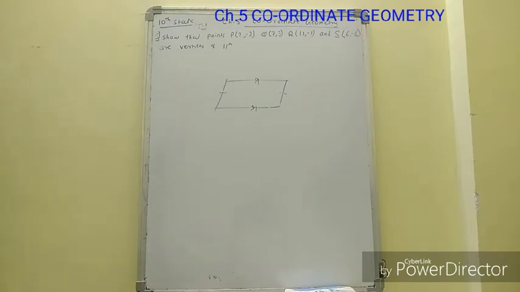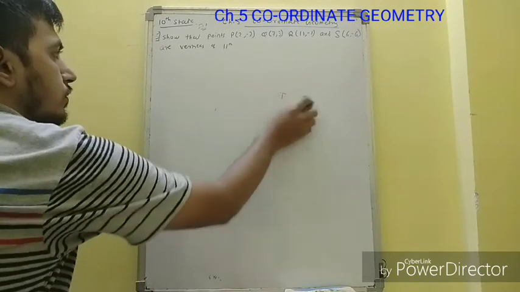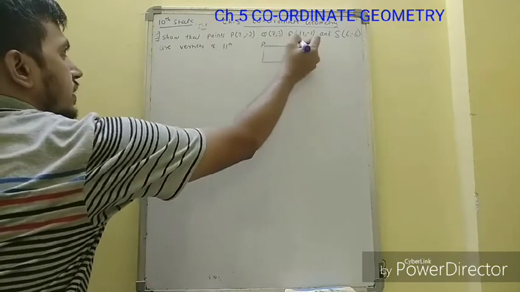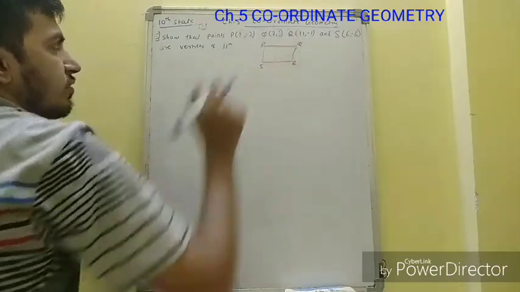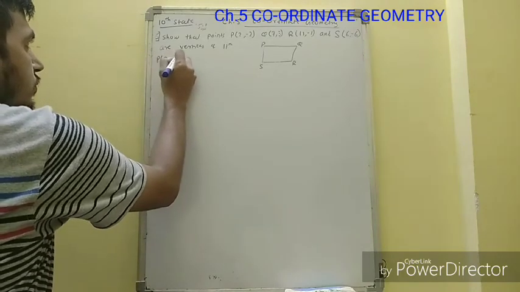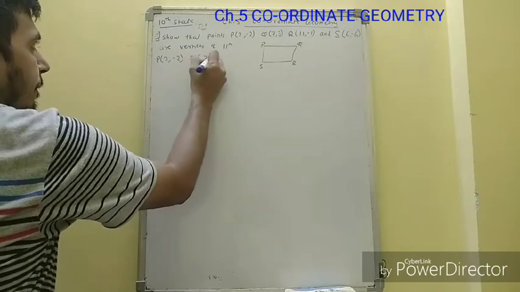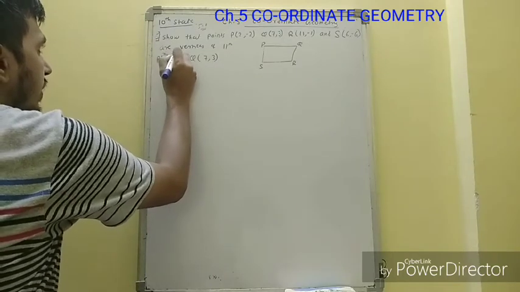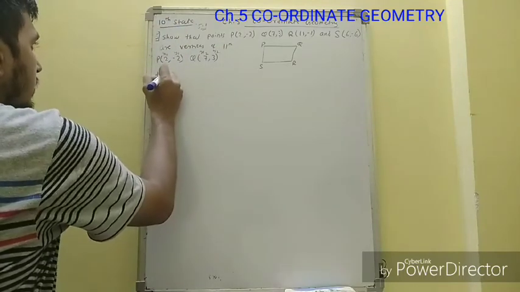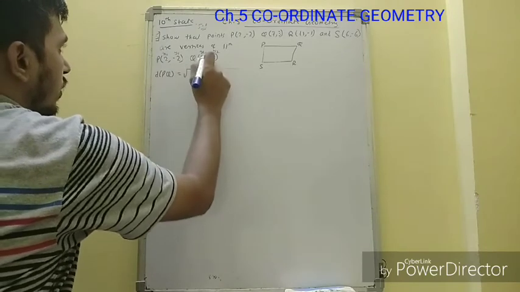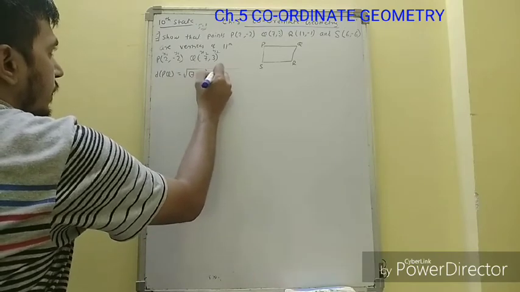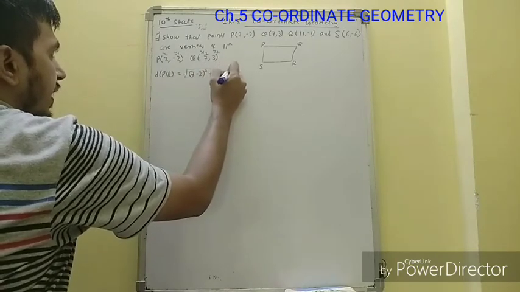Okay, so let's start. We have 4 vertices. I'll just try to draw a rough figure like this: P, Q, R, S. So first I will find the distance PQ. Okay, I will write P above it so that it is very easy to understand. So this is x1, y1 and x2, y2. So distance PQ is equal to the square root of (x2 minus x1) squared, (7 minus 2) squared, plus (y2 minus y1)